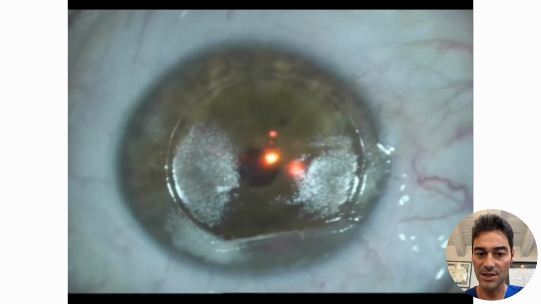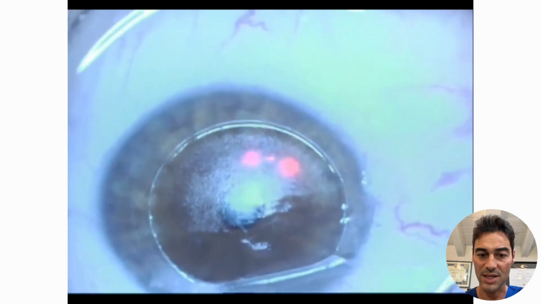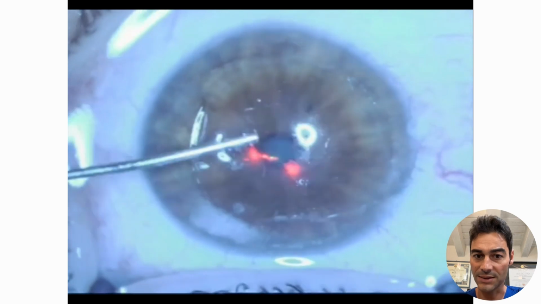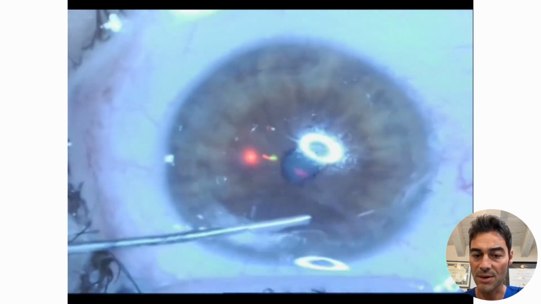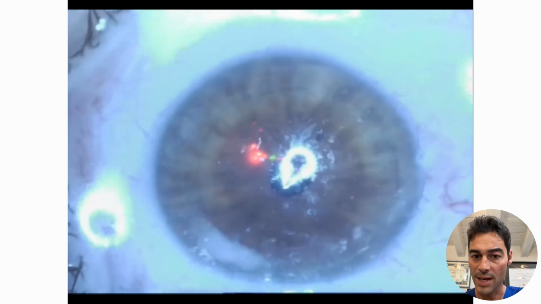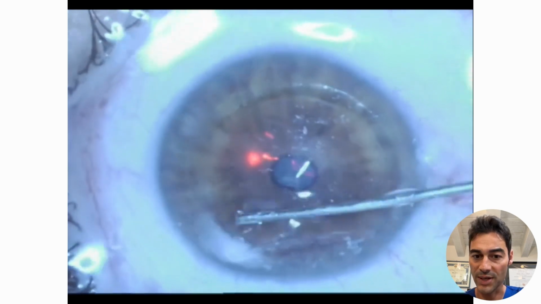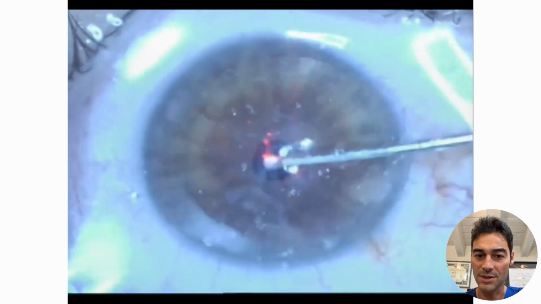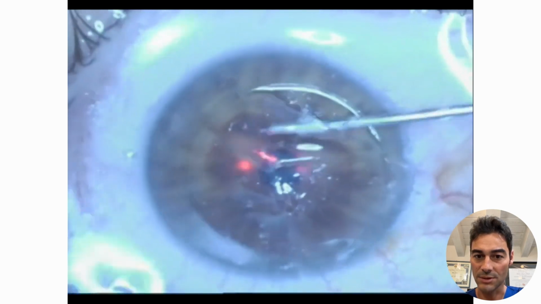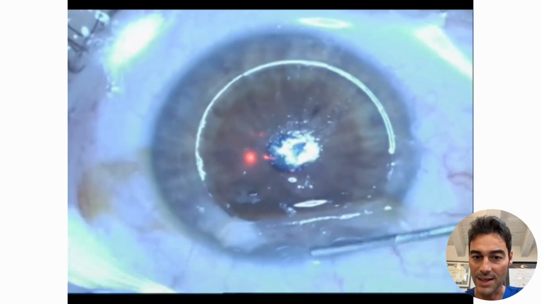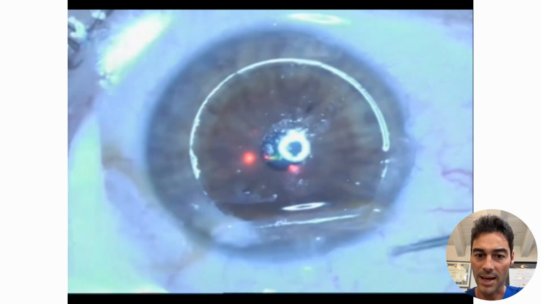So this is the video of the LASIK, but as you can see, we noticed a tear in the flap. The stroma was perfect, but there was a hole, a tear right in the center of the flap. You can see here very well where the cannula is also penetrating inside the tear. Probably the management here was not really perfect because the operating field became like a swimming pool, but anyhow